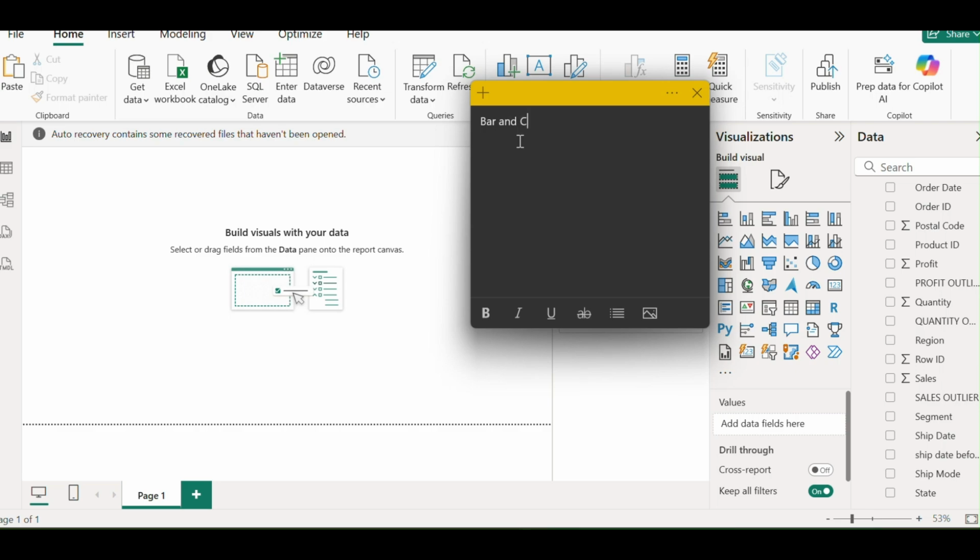We are going to see bar and column charts. Okay, totally 8 types irukku. First one is stacked bar chart. Second one is stacked column chart. Both are to compare what's across